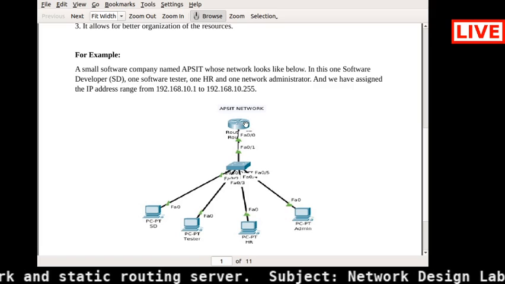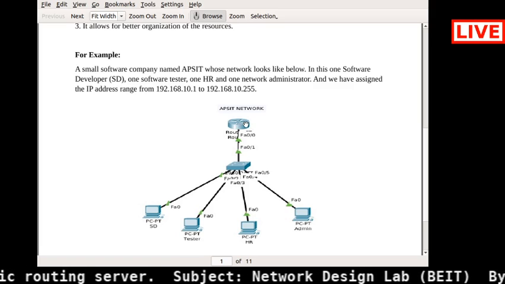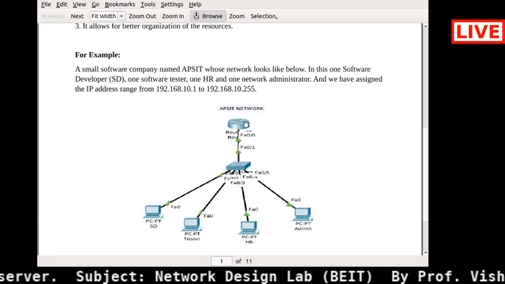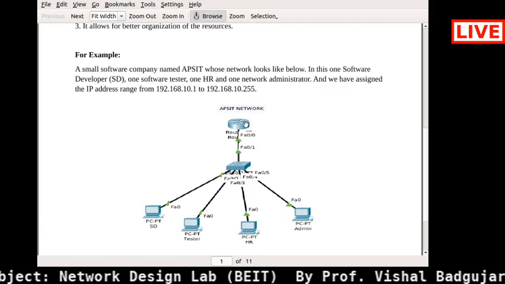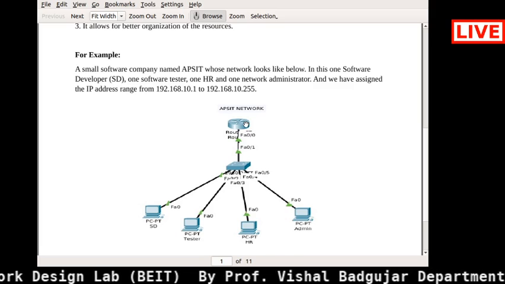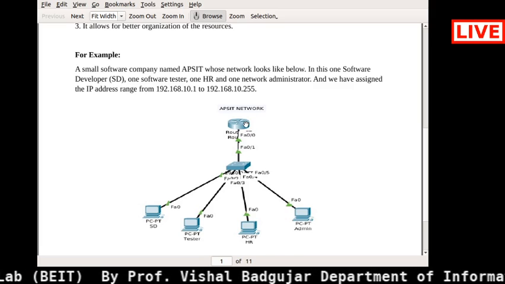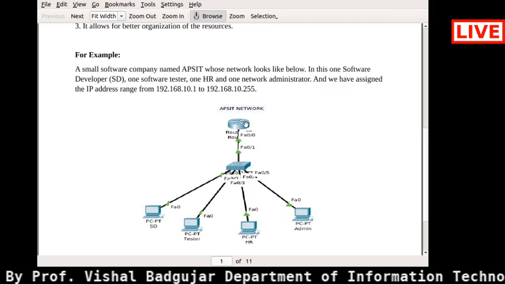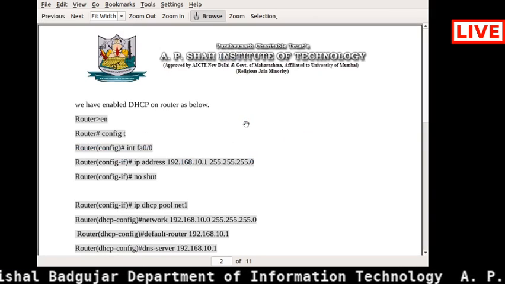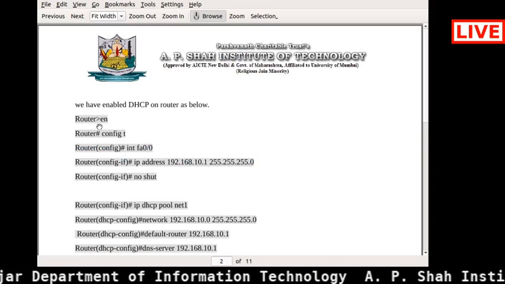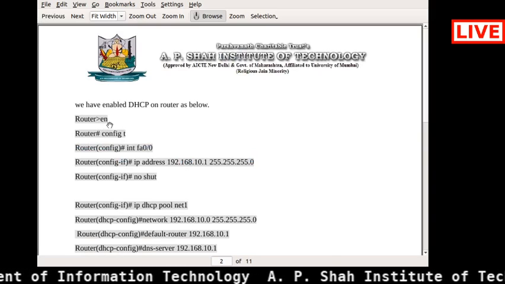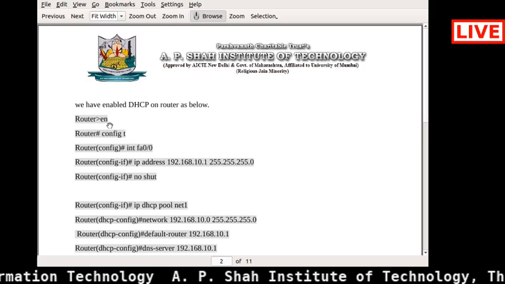Before this experiment, we were giving all the assignments through the GUI only, the graphical user interface. But from this experiment, we are going to start with the command line interface. So I will explain how to do that in the command line interface. For router configuration, first you need to type the command en